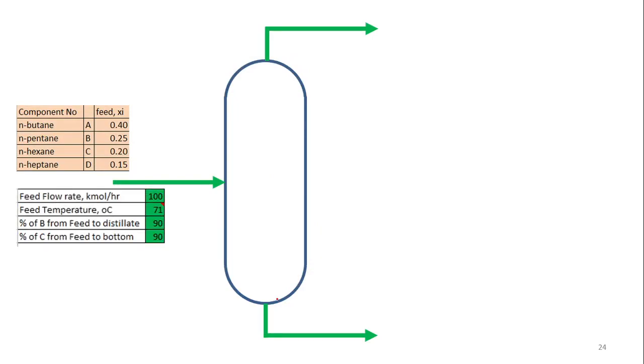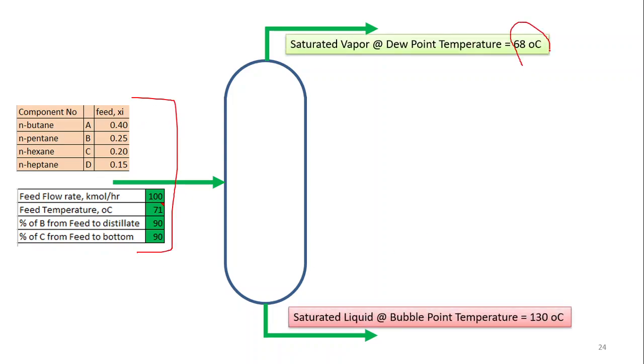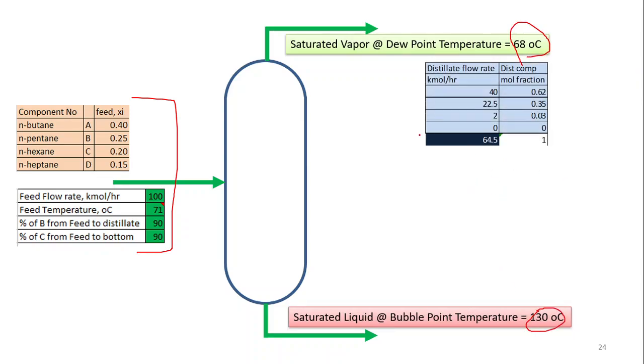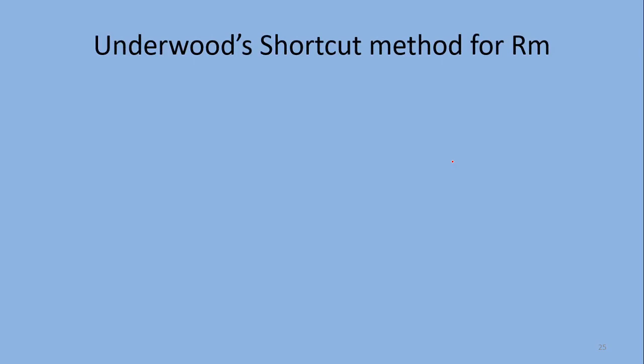Let us take the simple example of the earlier case. This we all know about. The top and bottom are calculated, the temperature is calculated, and the dew point and boil point temperatures are calculated. Now we can go for the distillate flow rates. These values we calculated earlier in the material balance, and we can calculate the mole fraction. Similarly, the bottom is also calculated. So we can use these top and bottom formulas to find the minimum number of stages, the Fenske equation, and also the distribution of non-key components.